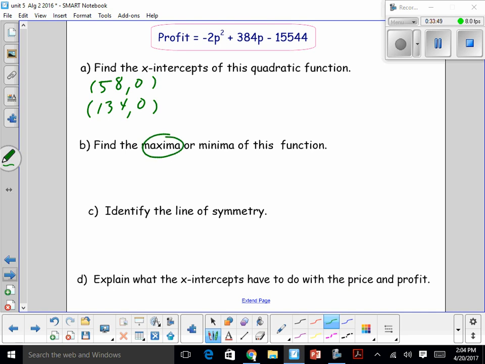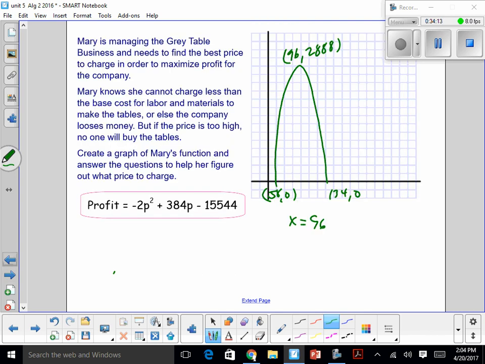Alright, so A, B, C, right now you're winning. Of course, it was on your picture, or you wrote it wherever you did. Explain what the x-intercept has to do with the price and the profit. Here comes Tyler. Whenever we are doing, well, for the circle profit, or highlight if you had a highlighter,